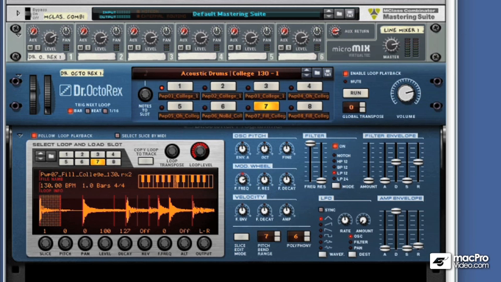In the last video, we took a really quick look at the .rex file format, and I explained how it contains slices and MIDI information and how it can be kept in time with your project's BPM. Now this means that anything that's a groove or is percussive and is timed can be pretty much used as a Rex file. The huge amount of Rex files in the Reason sound bank really reflects this,